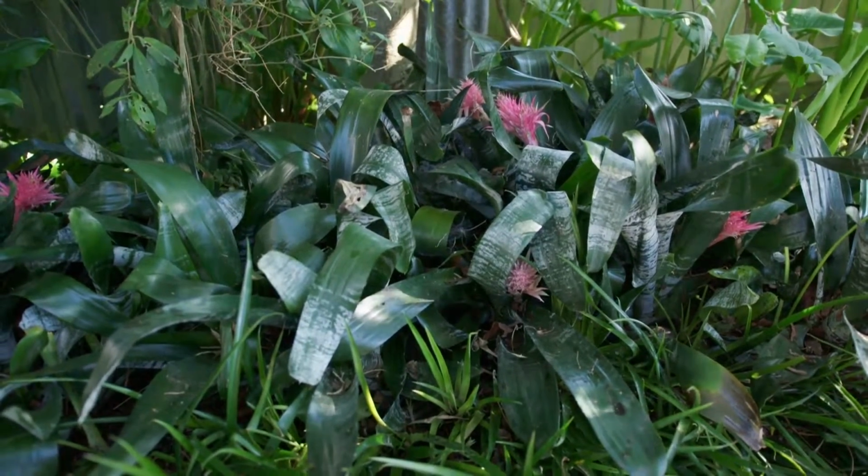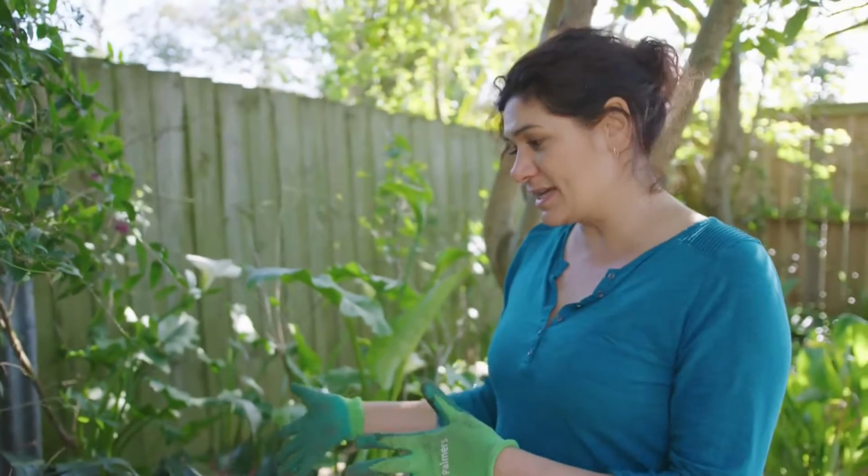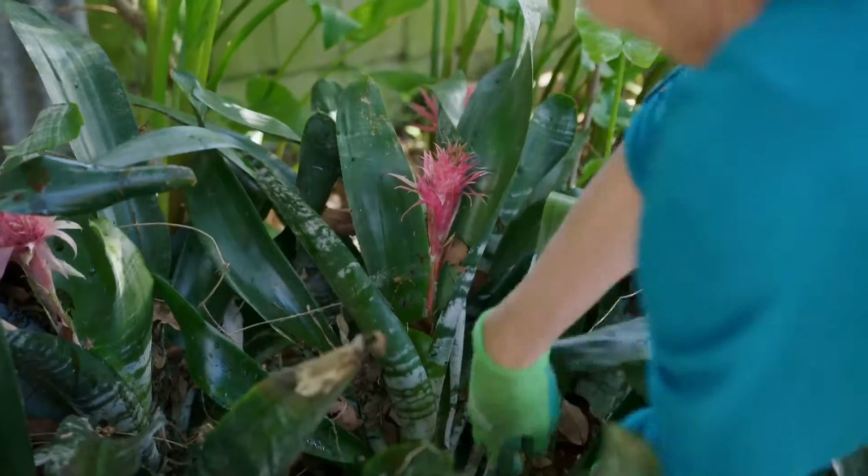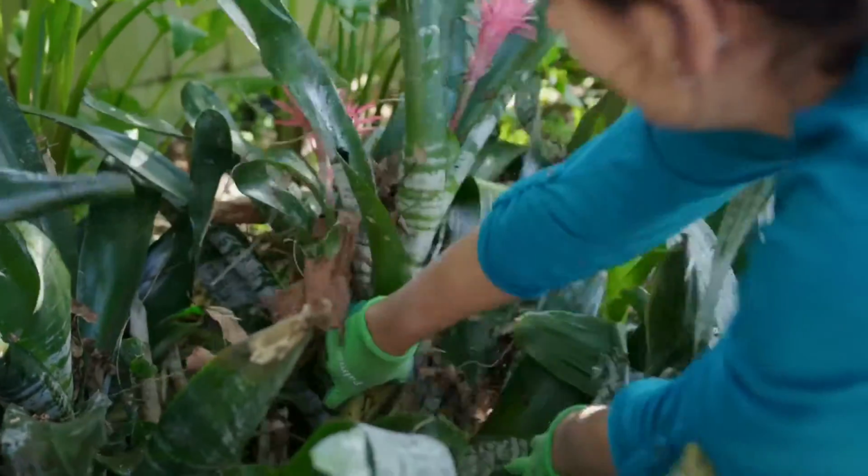Bromeliads are epiphytes, so they don't actually need to be in the soil, and they are constantly sending out little pups, which is why they've become quite congested in here. So what I've been doing is pulling some out and transferring them to a bare space under the Feijoa tree. So they come out really easily. I'm just going to get this little fella out here